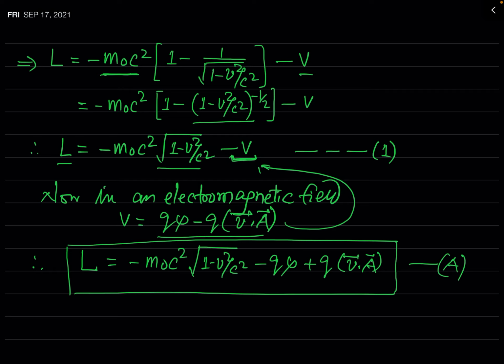Now we have obtained the relativistic Lagrangian for the particle. Now our aim is to find the relativistic Hamiltonian for the same particle. For that, first of all, we will obtain the expression for the momentum of the particle when it moves in an electromagnetic field. Actually, in the previous lecture, we have also seen this expression, but I am repeating the same result after some derivation.